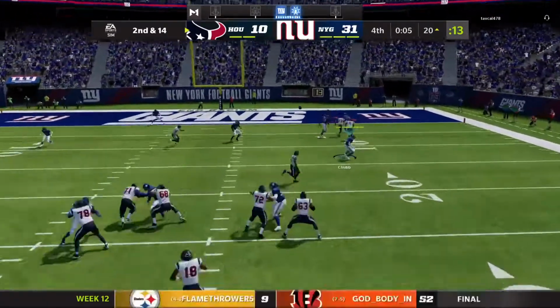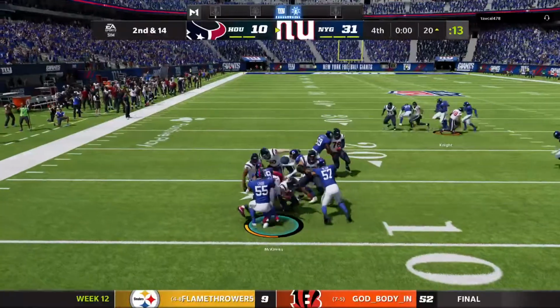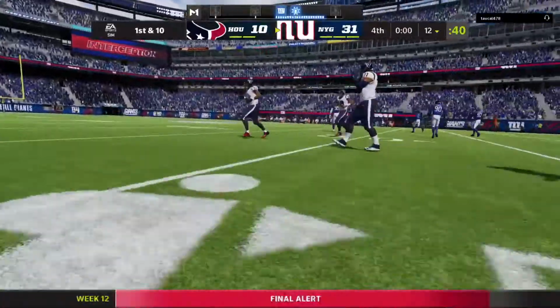Looking to throw on second down. Knight. And now here's another interception. Picked off by Xavier McKinney. And the Giants come up with a late turnover. But it will probably only matter to the statisticians as this ball